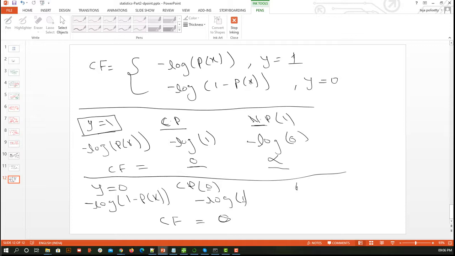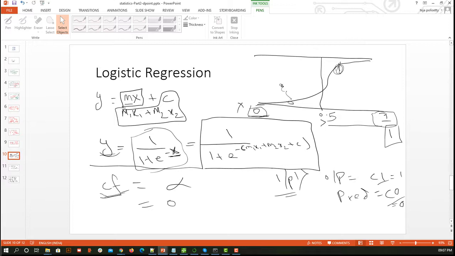Similarly, if I have wrongly or negatively predicted, meaning I predicted 0 but the actual class is 1, here I have to pay minus log of 1 minus 1, that is minus log of 0. So here my value will become infinite. Our whole intention is to penalize the model whenever we are wrongly predicting, and we should not pay anything when we are correctly predicting. So that was all about our cost function and our sigmoid function, that is the logistic function. I hope this makes sense.